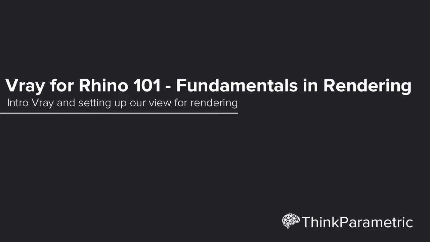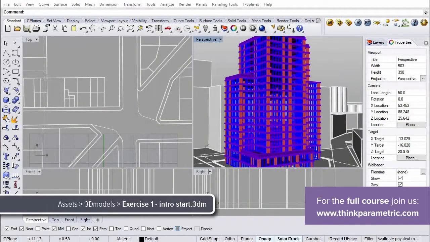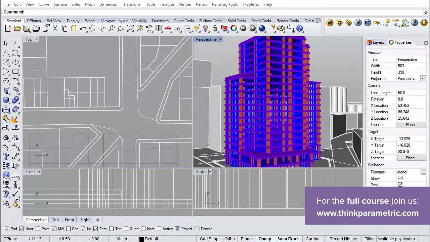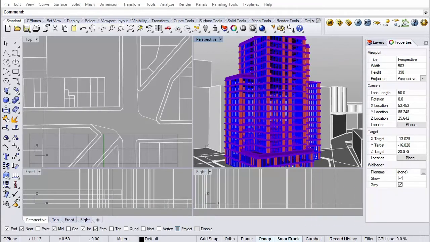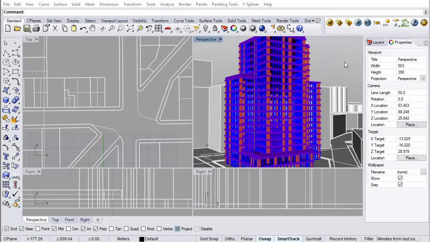Hi, so the first thing that we're going to do in order to get our heads around how to make some quick render settings in V-Ray and render an architectural exterior image, we're first going to get acquainted with where all of the V-Ray settings are located in Rhino and also how to set up a quick camera. So when you've installed V-Ray, you'll get the V-Ray toolbar. But first of all, you have to check that V-Ray is in fact activated as the default render.